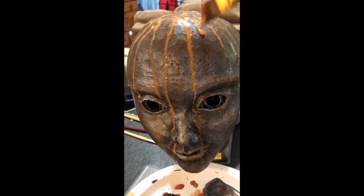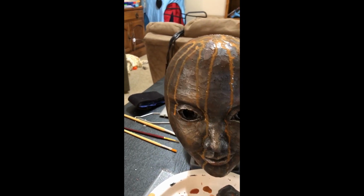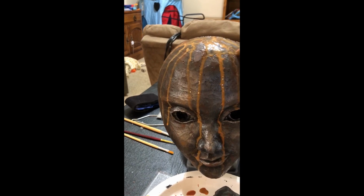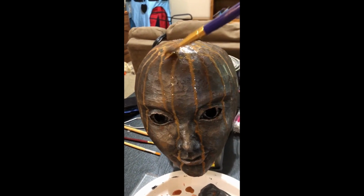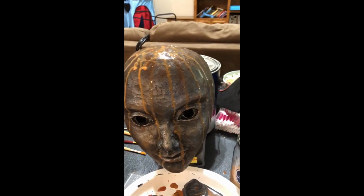If this was a statue out in the air, moisture would be hitting it and then draining down. So that's kind of why I do it this way. And then after it starts drying, I'll actually take just a wet brush and just kind of